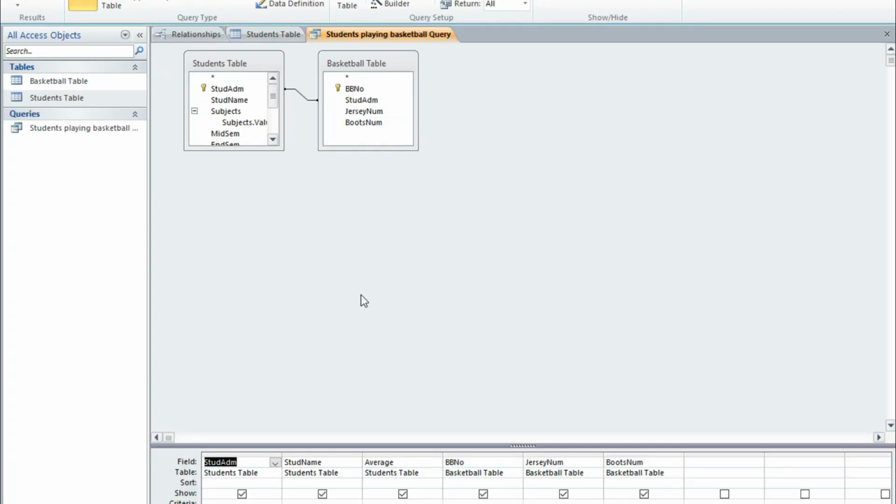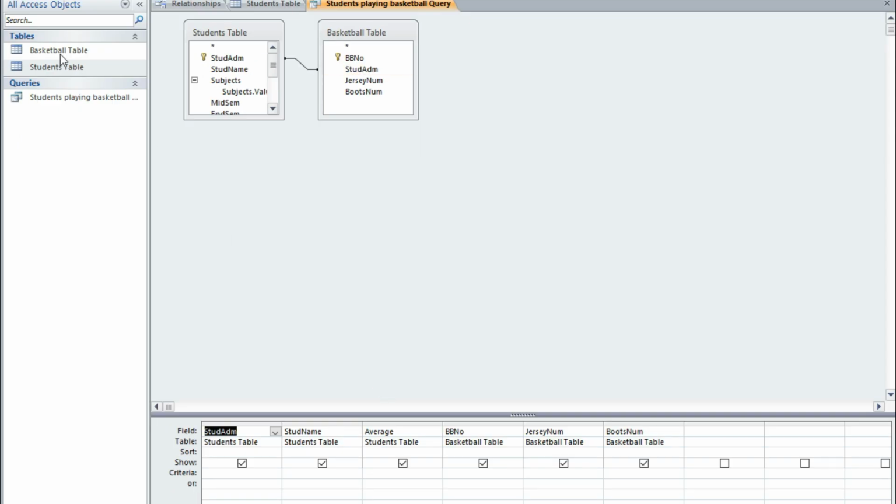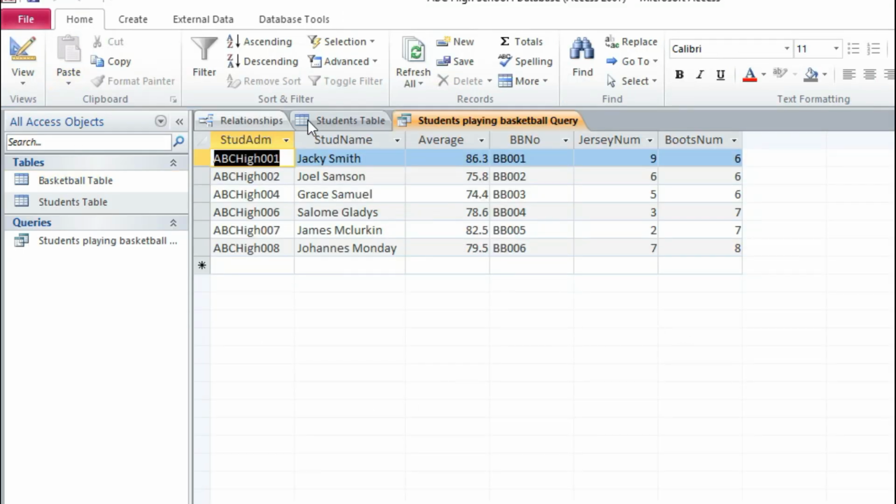Remember, in the first table, there is no basketball. We have it in the second table. So when we say this is a query to know the students who are playing basketball, how are we going to get the names of the students? Using this primary key here, which is a foreign key in the basketball table. Very, very simple. So if we click run, we will see the students who are playing basketball in that high